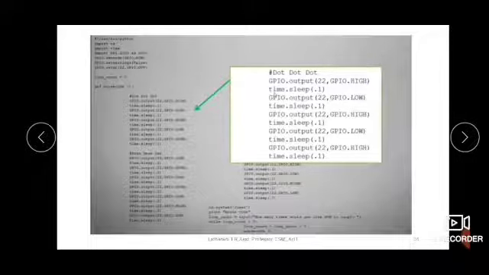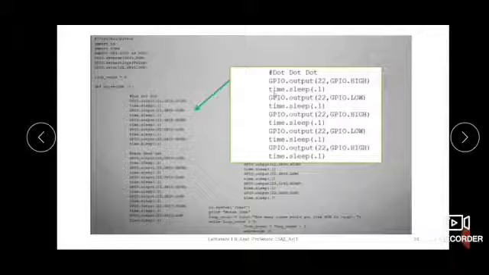Then again after 100 milliseconds it will say again 22 it should be low. Okay, so for 100 milliseconds it will be high, means one beep will be generated for 100 milliseconds, a very small beep, and then it will be low for another 100 milliseconds. Then again it will be generating one more beep for 100 milliseconds. Then it will go low for another 100 milliseconds. Then it will be high. So the beep generated will be like this.